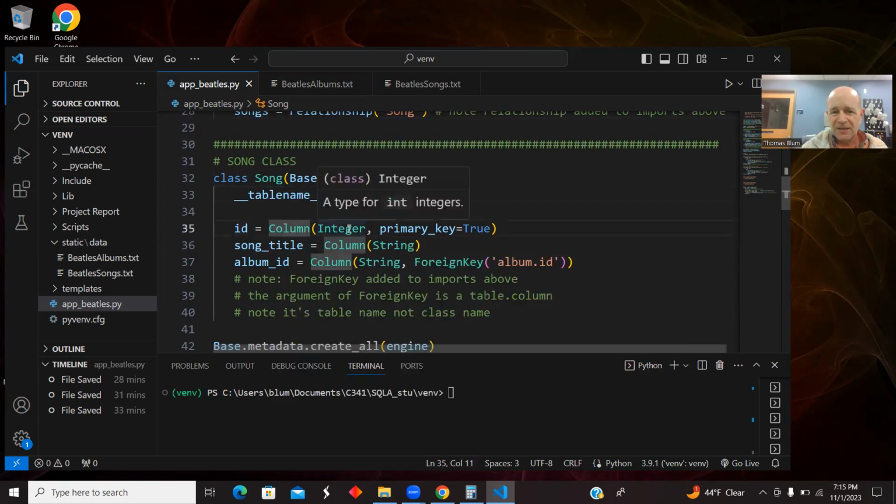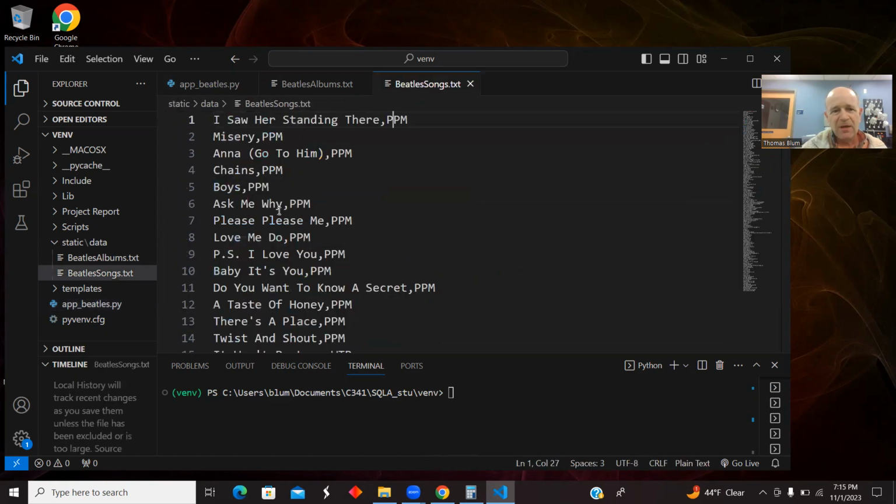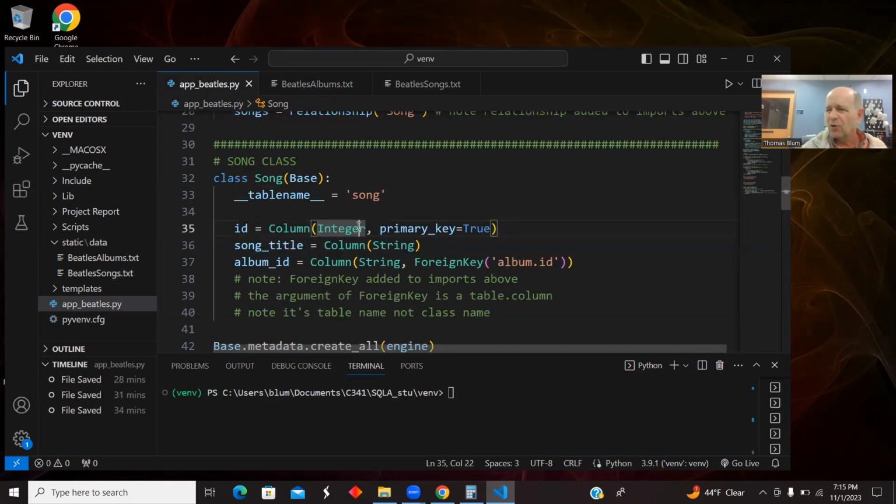It has an ID. The songs have IDs. I don't have any IDs here in the song file. So for this one, I am going to auto increment. So my primary key is an integer in this case. There's going to be a song title, and then there's going to be a foreign key connecting us back to